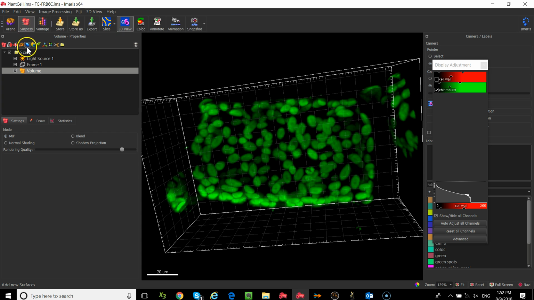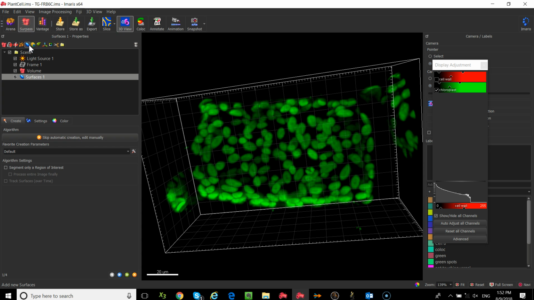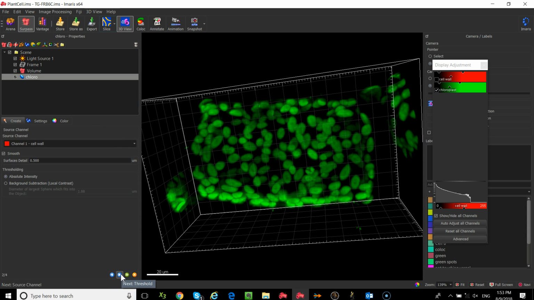So we're going to go in and make another surface object by clicking on that blue blob. I'm going to give it a name. I'm going to be lazy and I'm going to call it chloro. And I'm going to go through the creation wizard for this. Okay? I'm not going to do a region of interest this time, so it's going to take me straight to